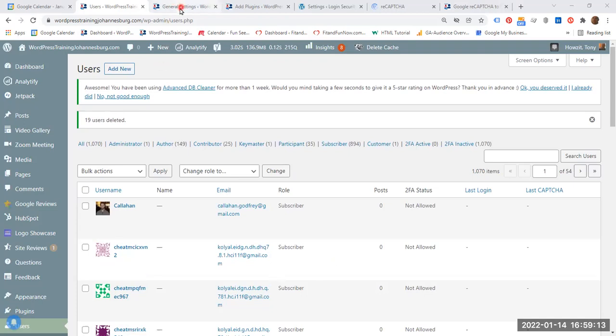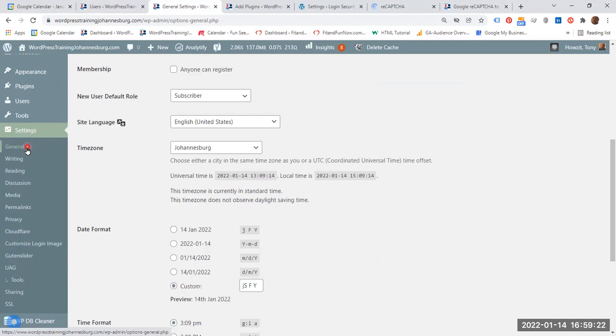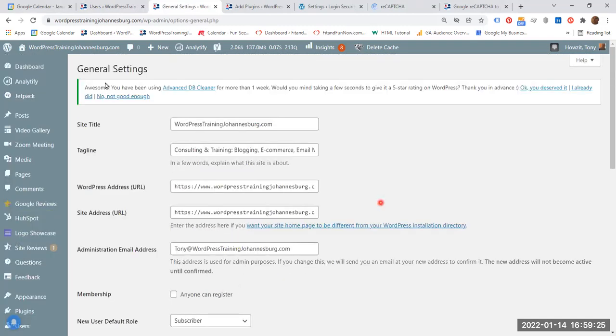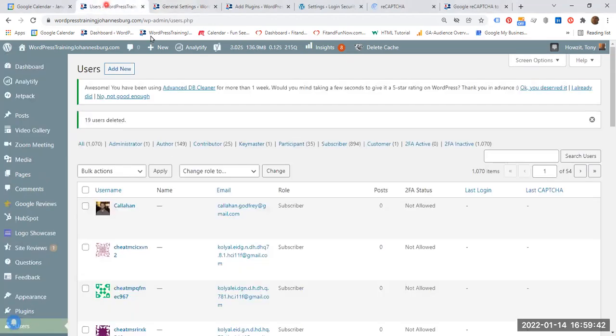Okay, now the interesting thing is, if I am still in the admin area of my website, and if I scroll down to settings and general, so let's have a look. Well, I am in general settings page, and here it says membership. Anyone can register. I have not checked this field. In other words, I do not allow people to register to this particular website. So if I don't allow people to register, how come so many bots are simply going ahead and registering on